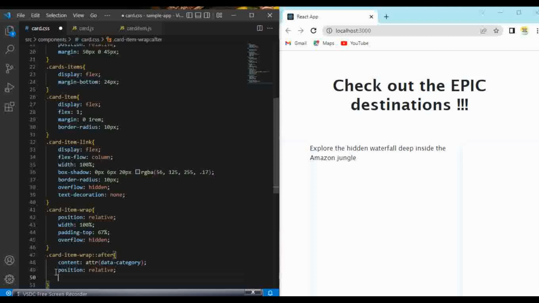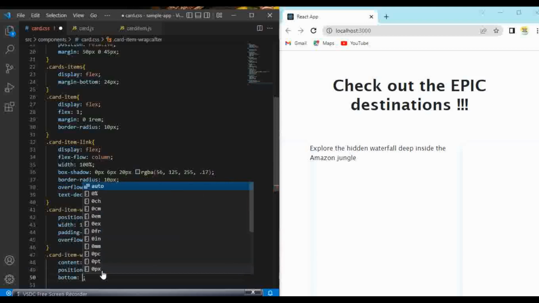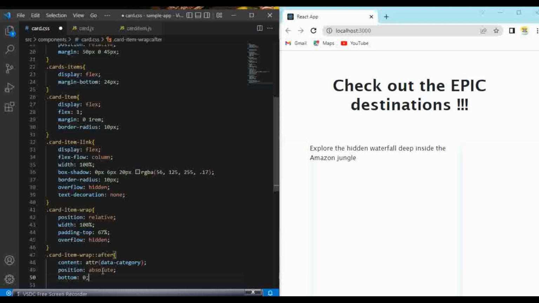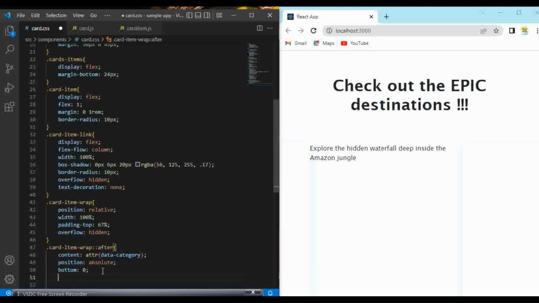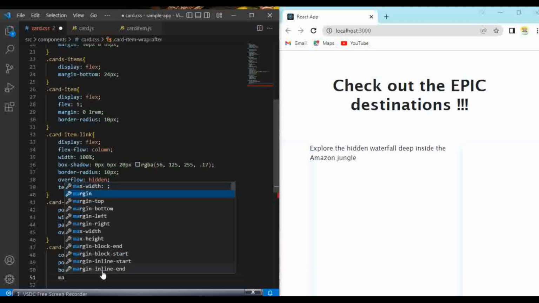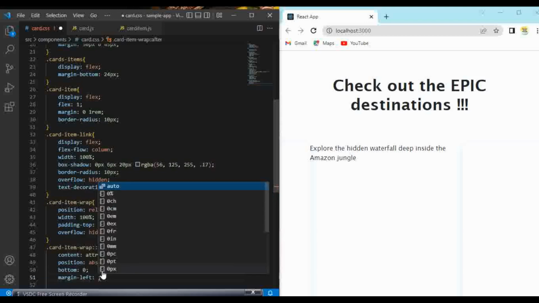So position as absolute. Bottom 0, margin left 10 pixels,